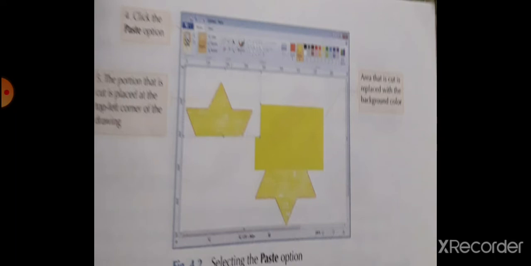And in this, we have pasted the selected part. When you cut the selected part, the area that is cut is replaced with the background color. Means if we have removed the upper portion of the star, then the upper portion will be shown with the background color of that slide.